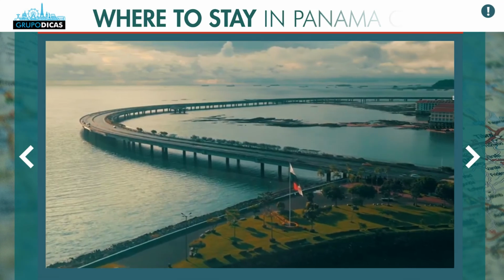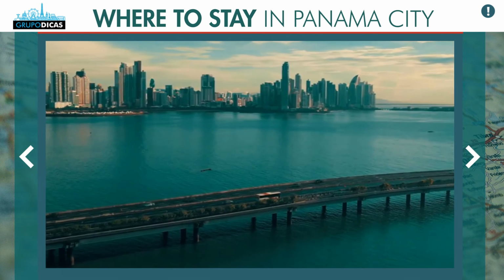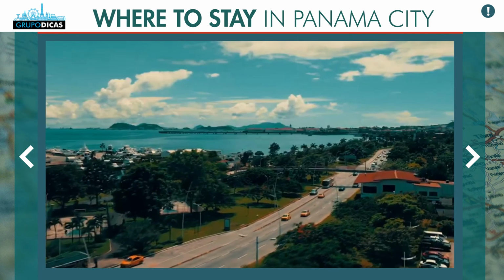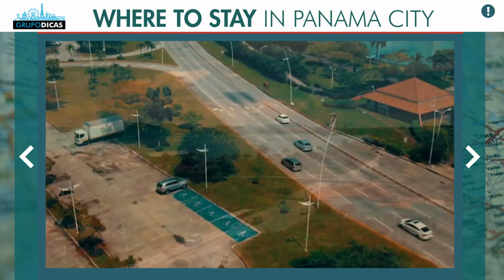A good tip is to book as early as possible. That goes for anywhere in the world, but as Panama City is very popular, very touristy, especially for business people too, people who are meeting, flying between international companies, book as early as possible. This saves you a lot on the price of the hotel. We've seen that in a matter of 2 weeks, prices have skyrocketed, so the sooner you book it, the cheaper